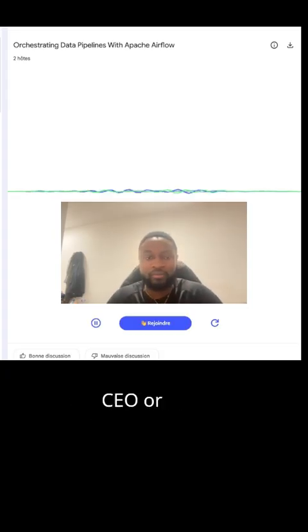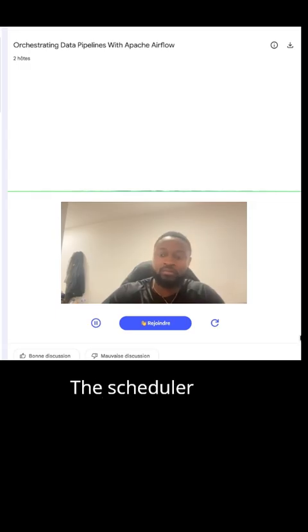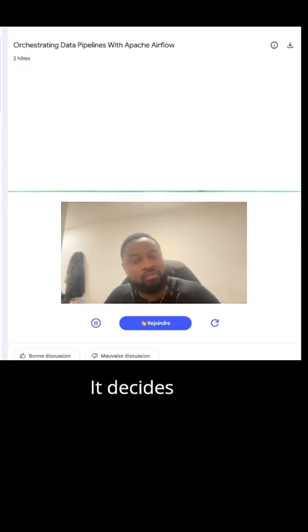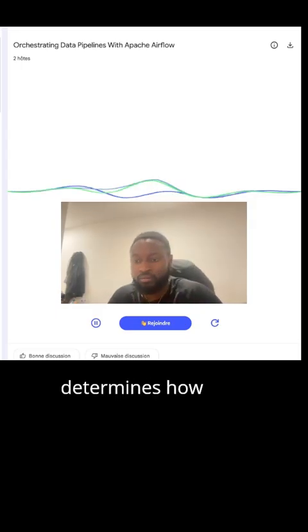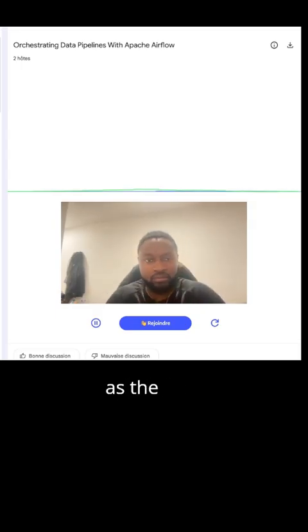Of course, Thomas. That's a fantastic idea. Okay, let's unpack this and give you a quick summary for your study guide. We covered 3 critical areas for the exam. First, the core concept: data orchestration. It's coordinating diverse systems, like a CEO or conductor. Airflow doesn't do the work itself, it delegates.